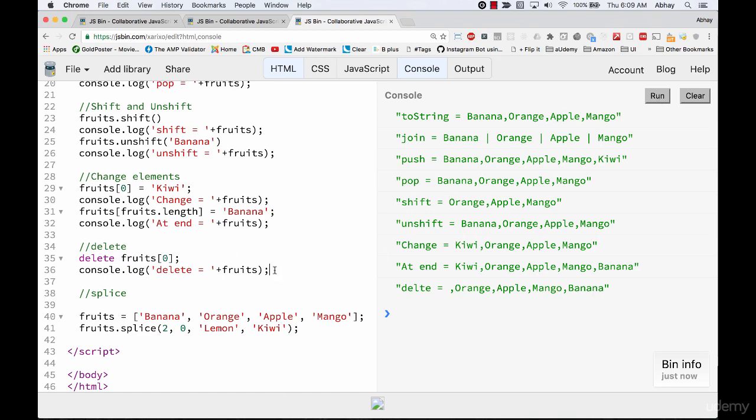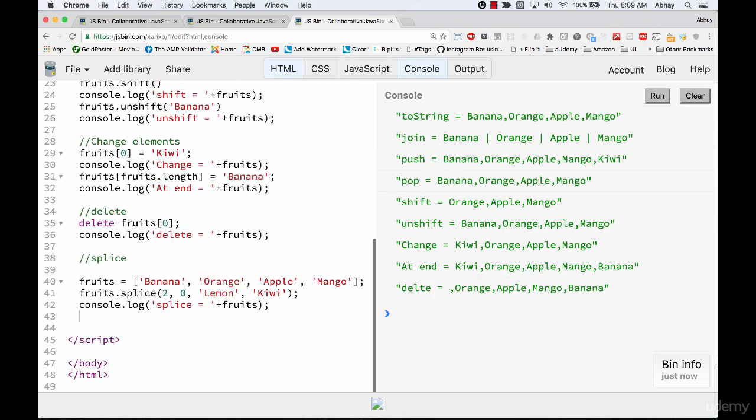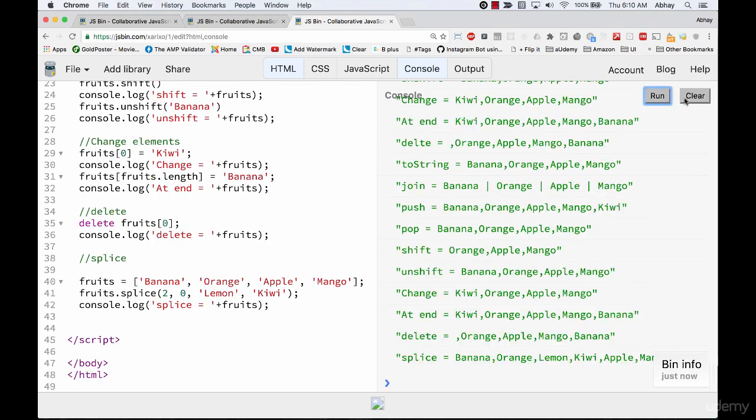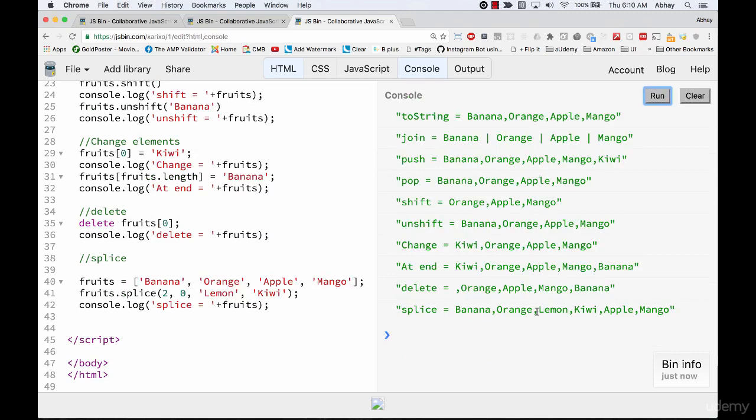Now if I run this, splice, and let's run the fruits. Let me clear, actually it's easier. Lemon and kiwi got inserted at the second position and no element was removed. You can also use splice to remove elements. Yes, the second parameter that you see out here is for removing an element. In this scenario, we do not have anything to remove, but let's say if I want to remove something from